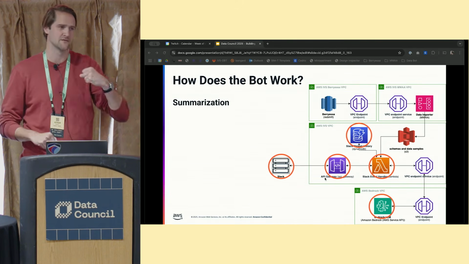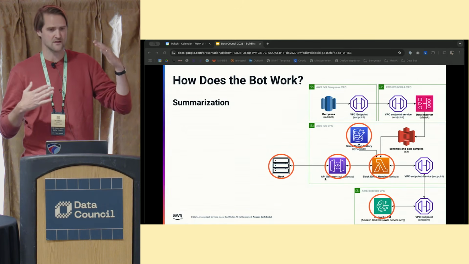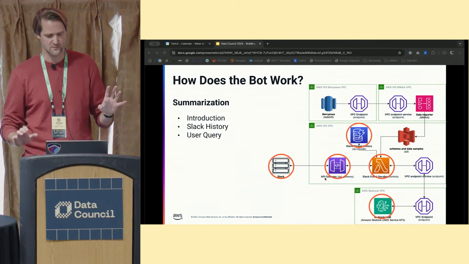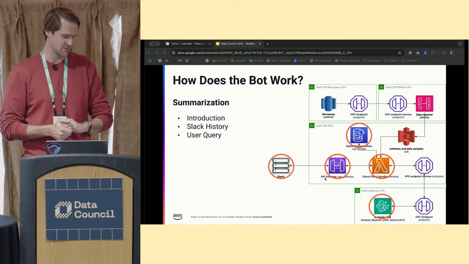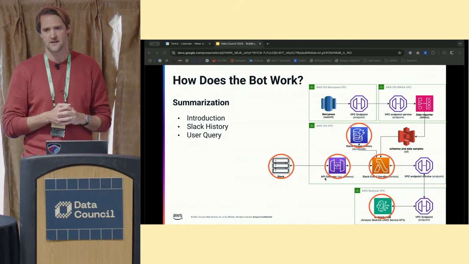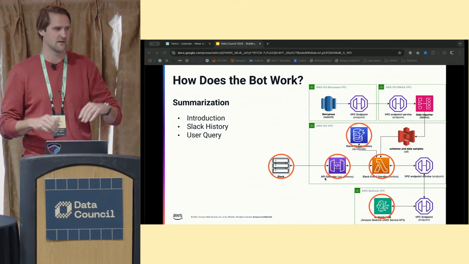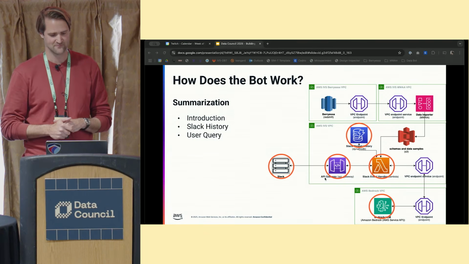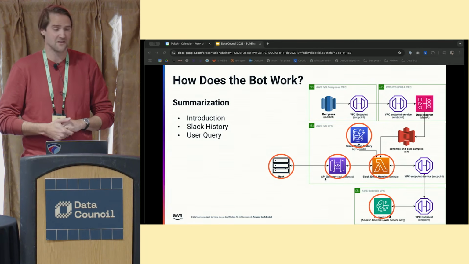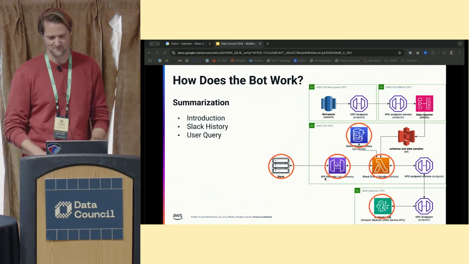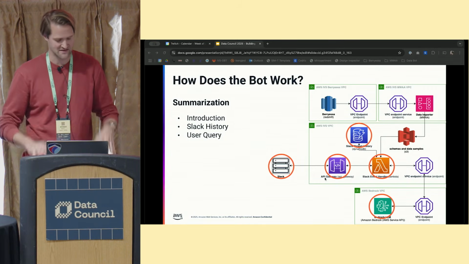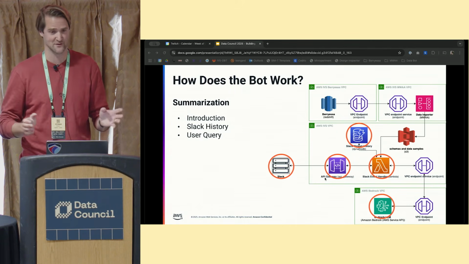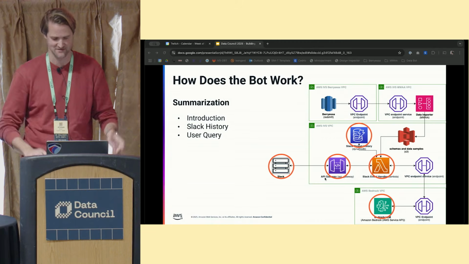Then we grab all the history from Slack, and we ask the bot to summarize. That's it. Sometimes the history gets too big and we have to recursively summarize, but that's pretty easy. We just chunk it up by thread, summarize each thread, then summarize the summaries. Yeah, probably that also just works. So in general, I think the mantra is: try the stupid thing first, which is just ask the model to do it.